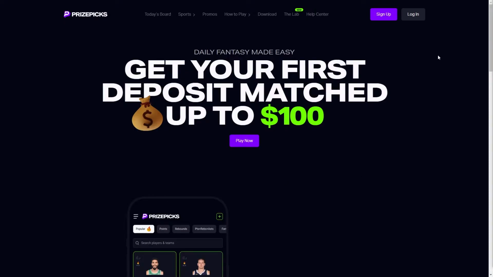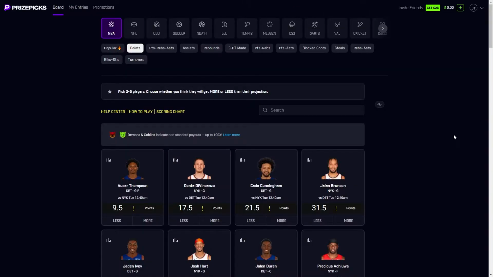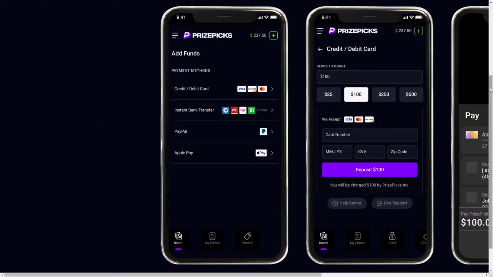And you can find that login button in the top right corner of their website right up here. When you're logged in, it will look something like this, and we can actually find our payment methods by going into the top right corner and looking for this green plus button, which should be right next to your balance. So go ahead and click on that. From there, you'll be taken to the deposit tab and you'll be able to see all of your current payment